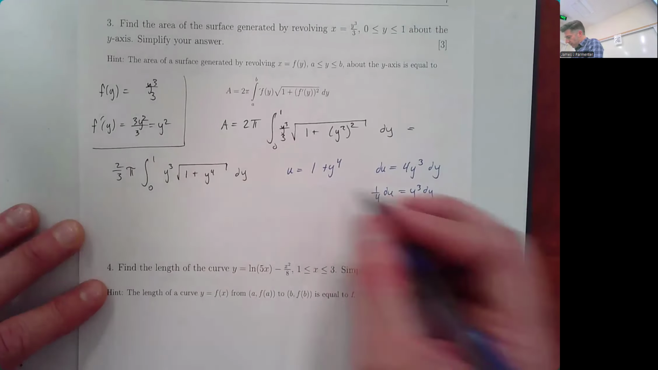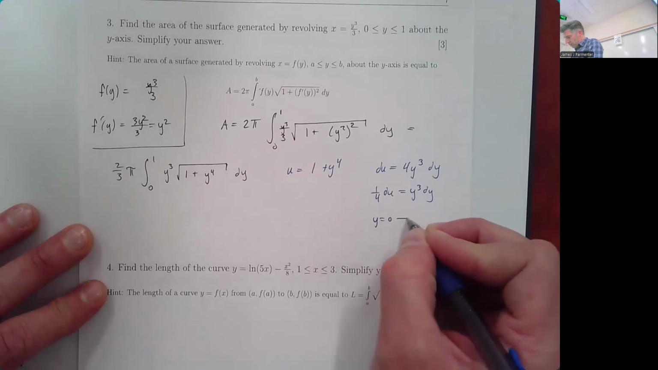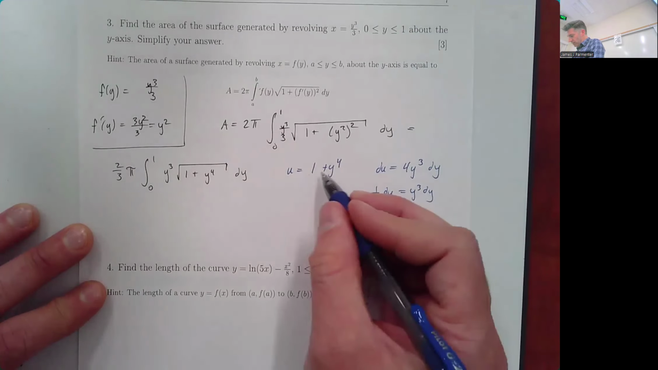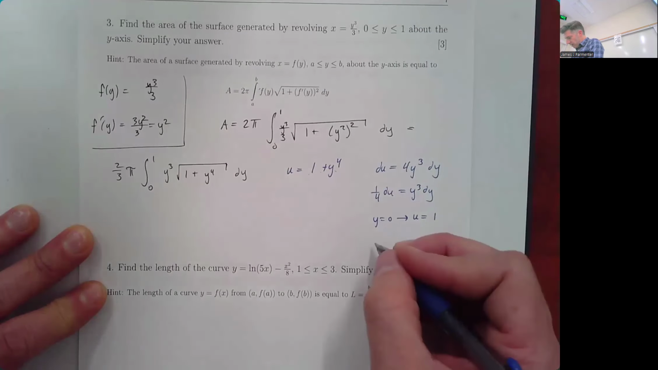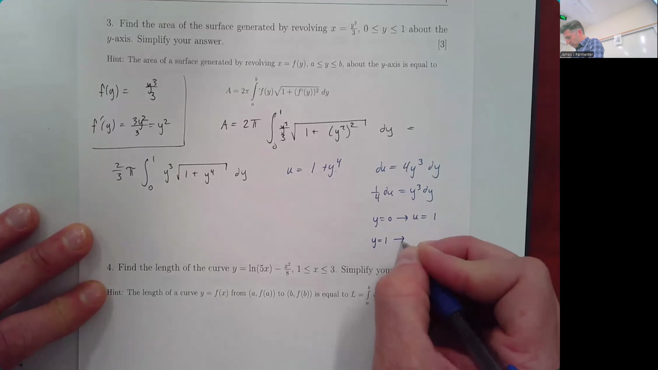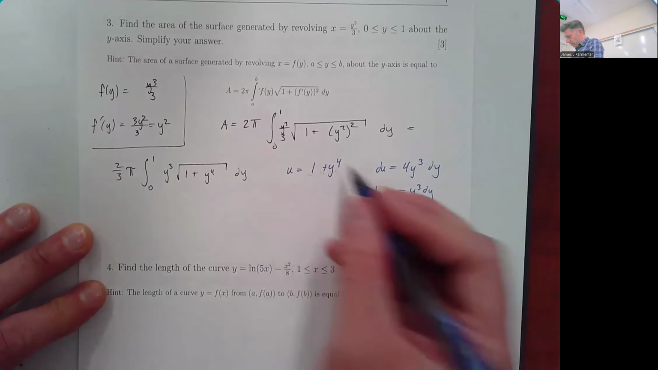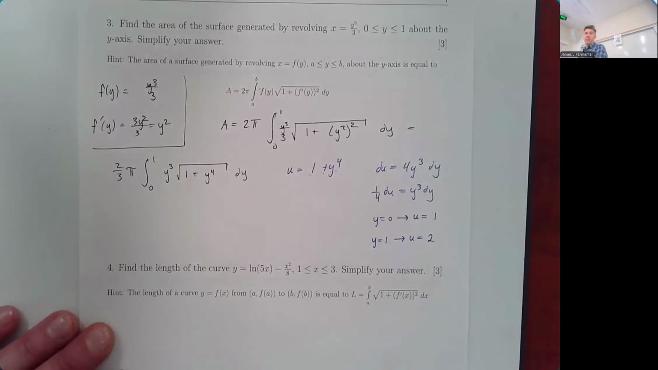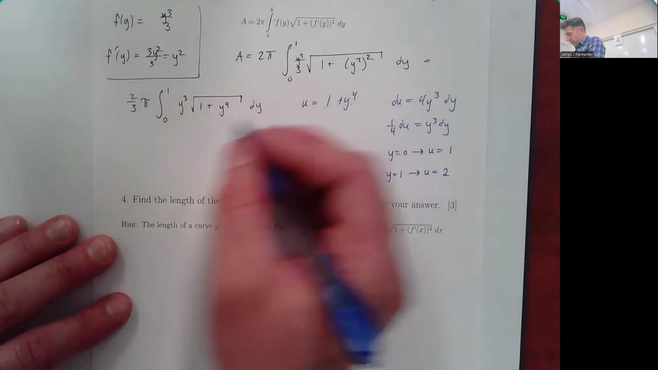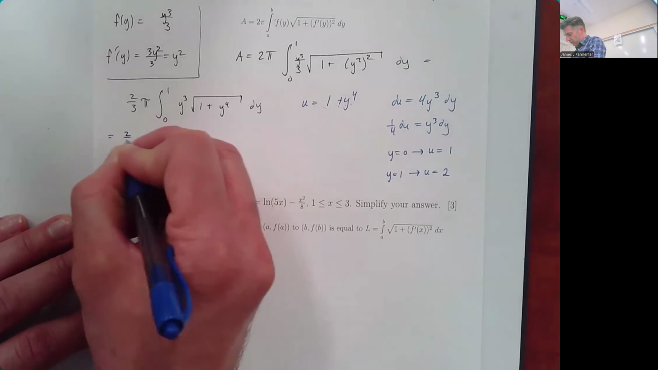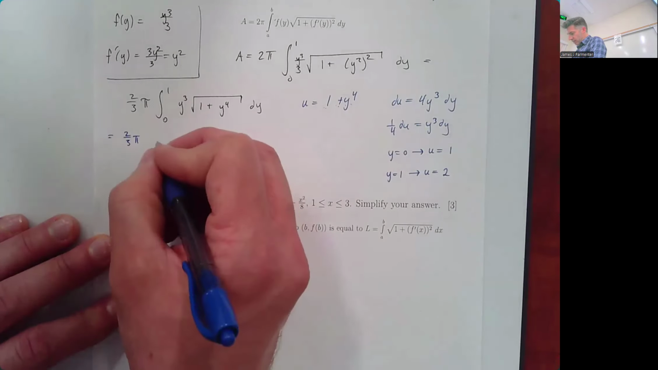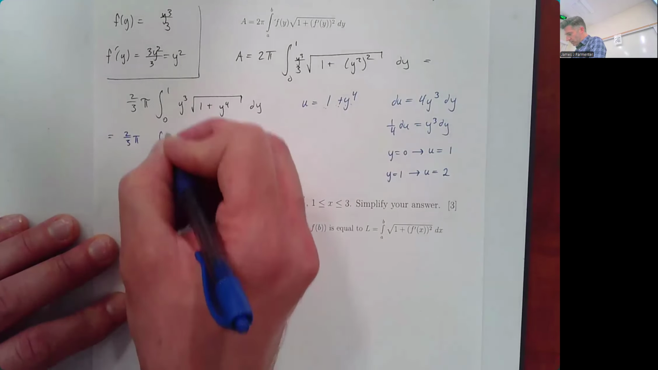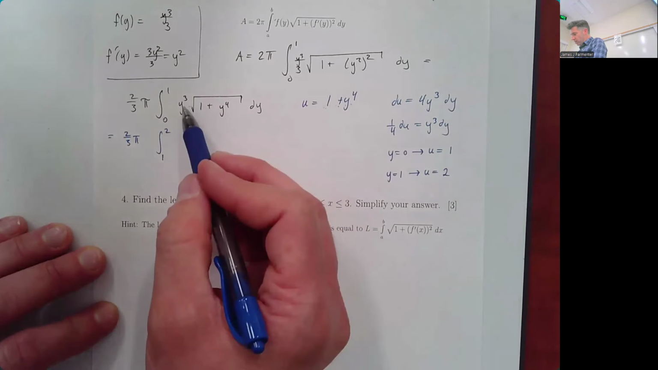So if y is equal to 0, u is going to equal 1 plus 0, which is 1. If y is equal to 1, u is going to equal 1 plus 1 to the 4th, which is 1 plus 1, which is 2. So those are our new limits of integration, which means we won't have to change back. So we're going to rewrite this as 2/3 pi times the integral from 1 to 2